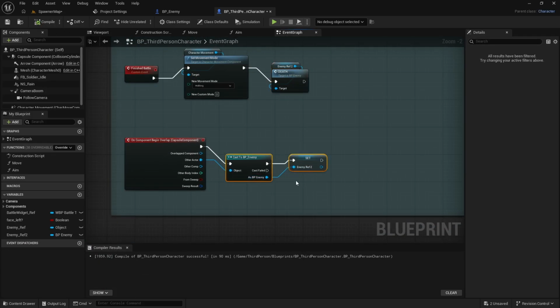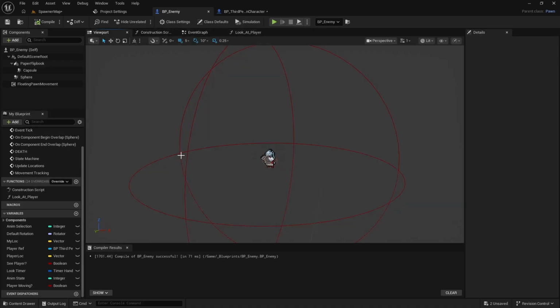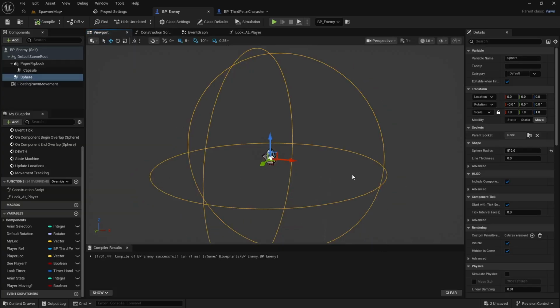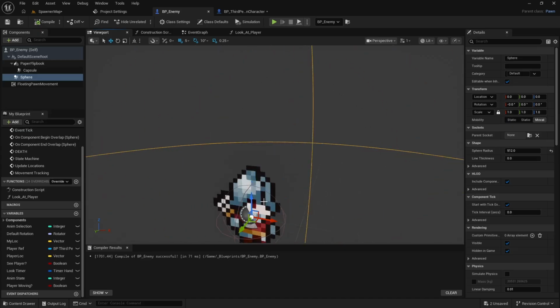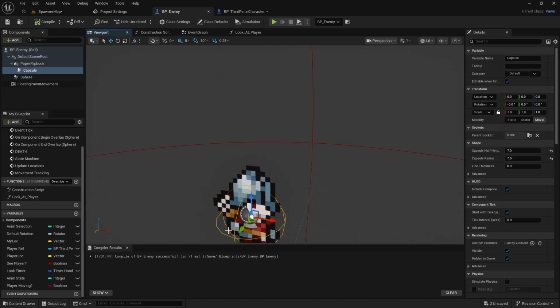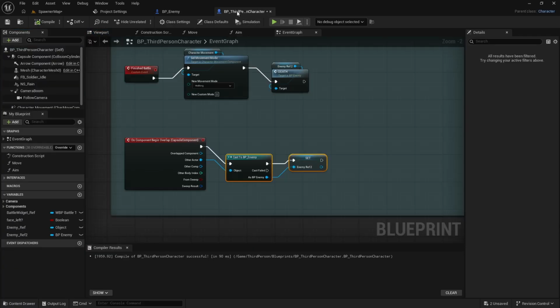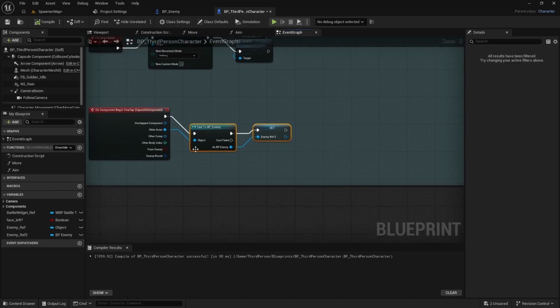But you'll notice this doesn't do us any good because this checks the enemy, so it's going to fire as soon as this giant thing goes over. And that's not very intuitive. I don't want the battle to start when the player overlaps with this giant sphere. I want it to start when he overlaps with the tinier, smaller sphere. So this is a capsule collision component. So what I can do is I can